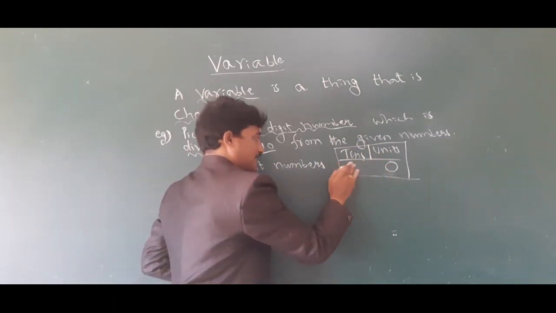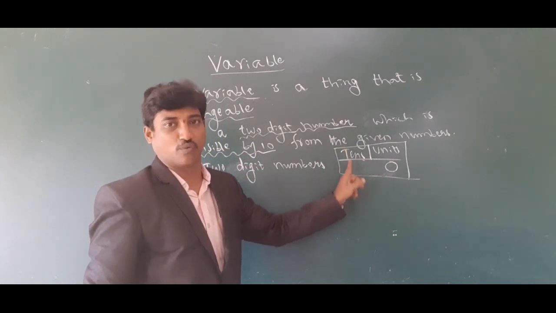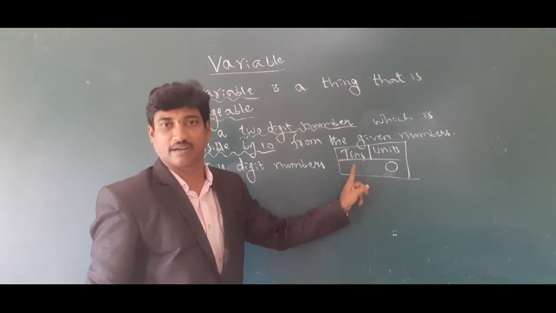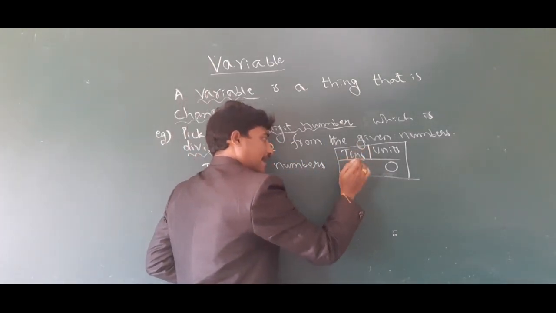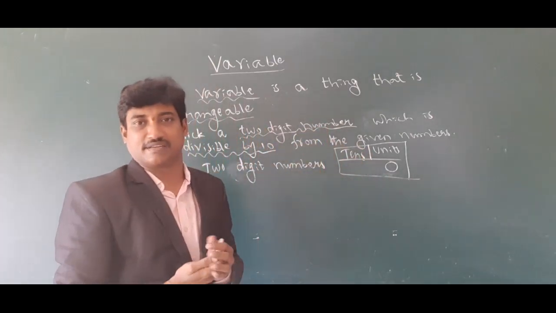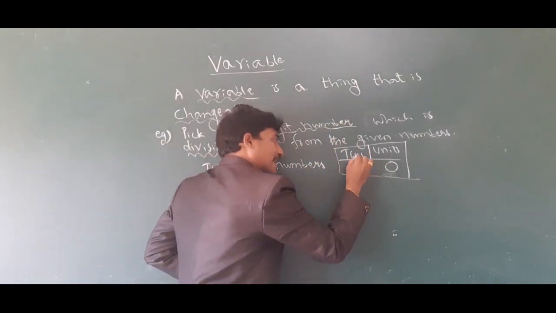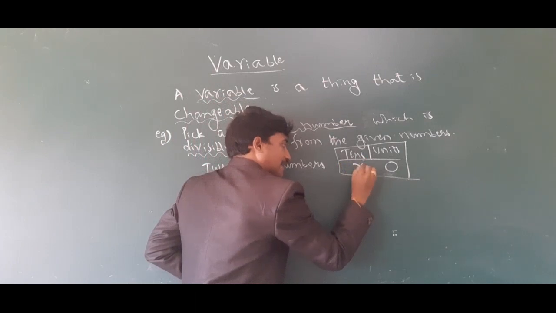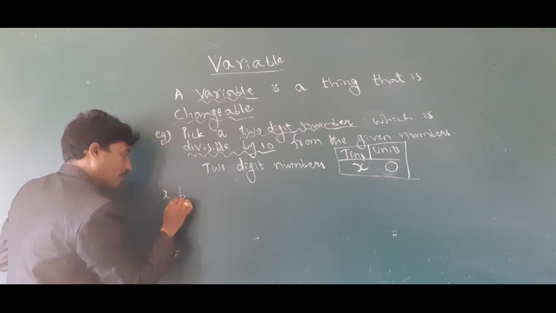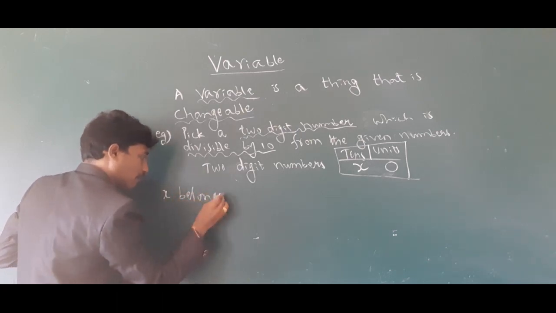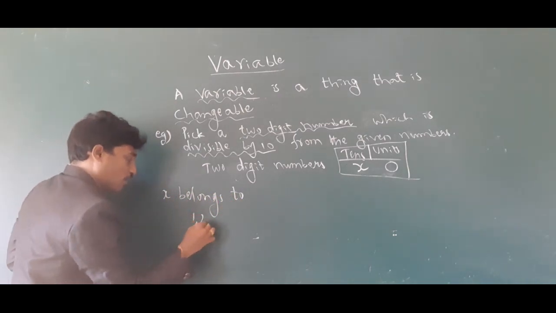Whereas the tens place digit may be 1 or 2 or 3 or 4 or 5 or 6 or 7 or 8 or 9. It can take any digit from 1 to 9. So let us take the tens place digit as x. So x belongs to the collection 1, 2, 3,